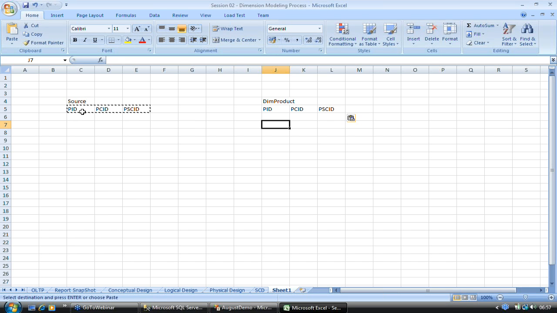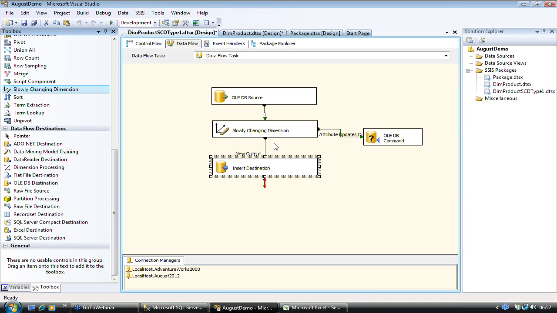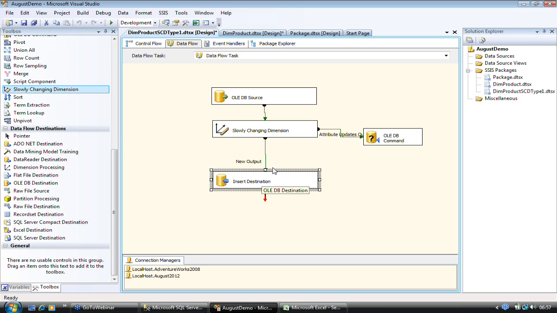If some particular product ID exists in the data set fetched from the dimension table or not. If that product ID, which is our business key, does not exist, then it is going to consider that data as a new output,